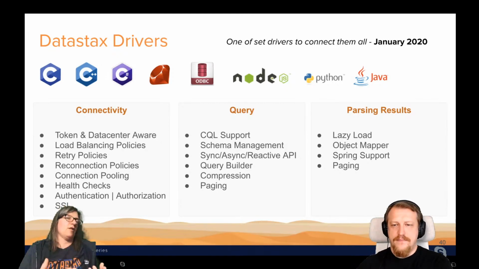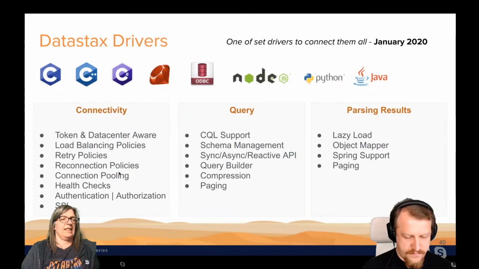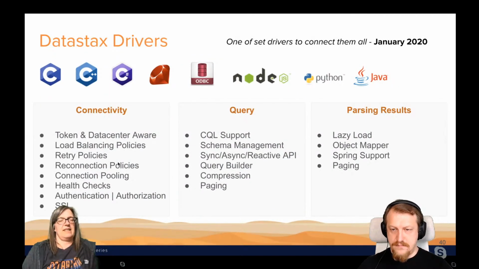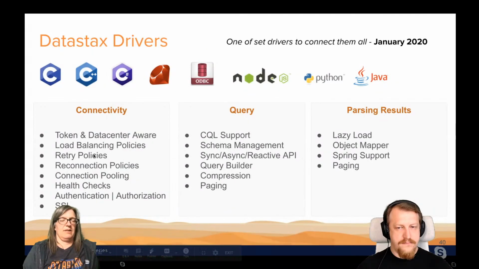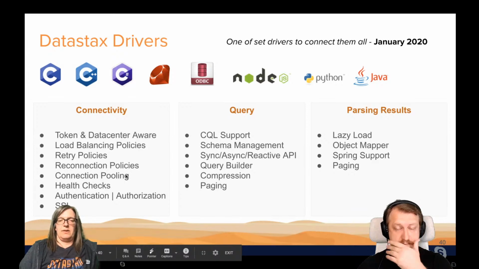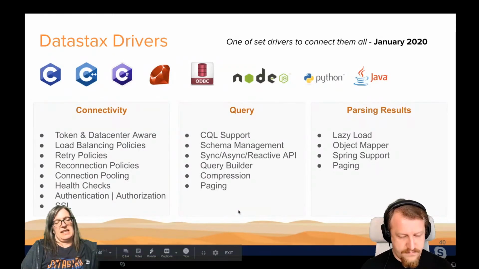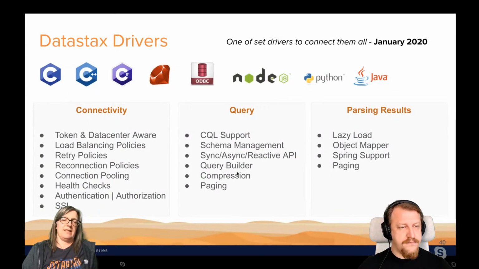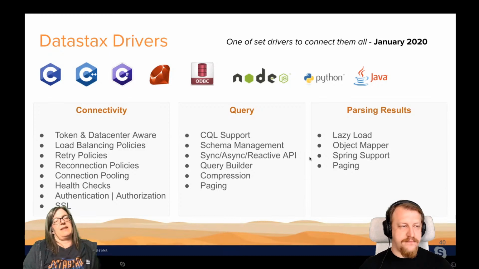And they're very optimized for Cassandra, right? They have the ability to know about the data centers and tokens and all these kinds of internal structures of DataStax or Cassandra distribution and replication. The drivers know all about that in order to make the best use of it. And of course, they support all the schema management and the Cassandra Query Language, and help you build the queries with Query Builder APIs in order to make access easy and also to parse the results that you get out of the database. Right. So today we're using the Java driver.